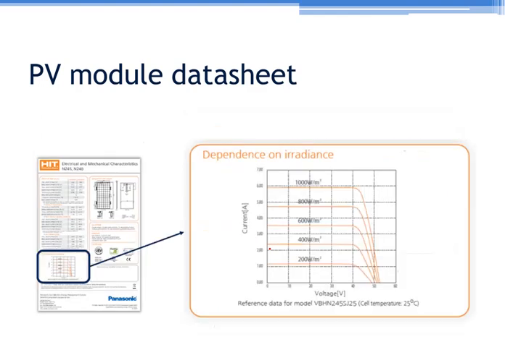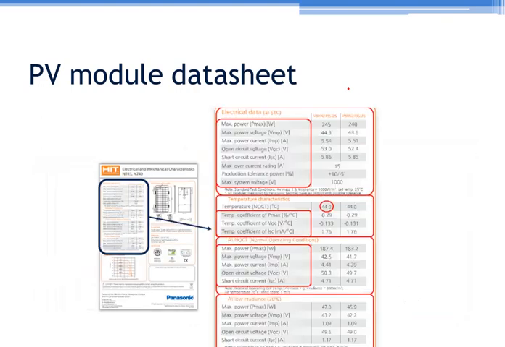Next, the data sheet also contains dependence on radiance. It shows the effect of temperature on the power generated or voltage. Here you can see that as the radiance changes, the current changes. When the radiance is high, current is high. If the radiance is fluctuating, current will fluctuate. And you know that power is the product of current and voltage, so power will reduce. So these specifications are made, and you need to consider all of them when you install this and decide power handling and payback period of the solar cell.